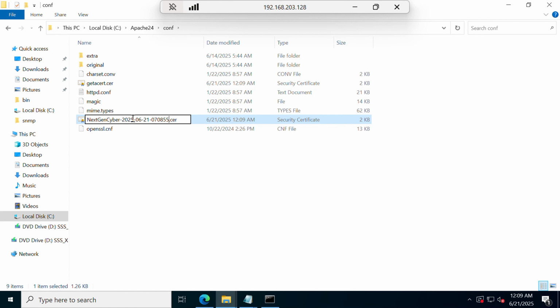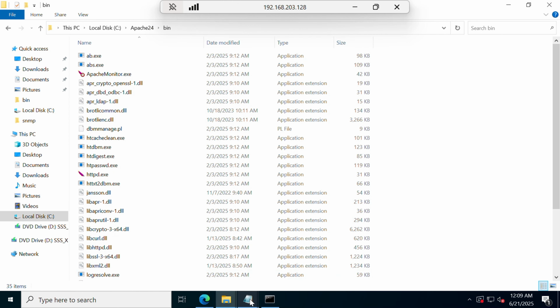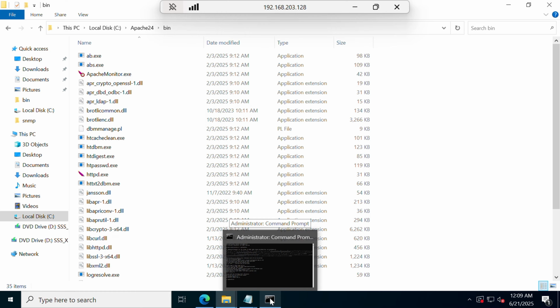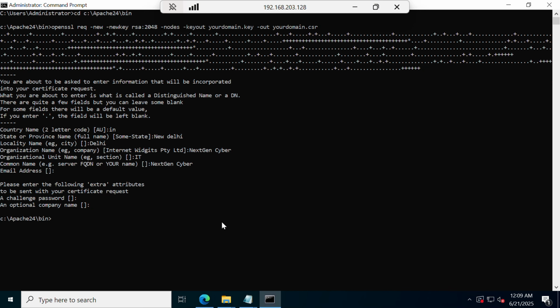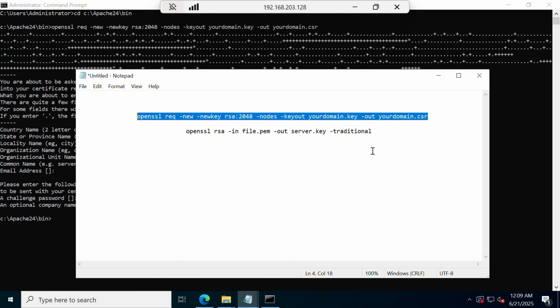Then change the file name, keep it small, then save it. Then here we need to do one thing. We have our private key in the bin folder. So what we need to do first is convert our private key to the RSA private key. As I already said, I have already typed the required command in the notepad.